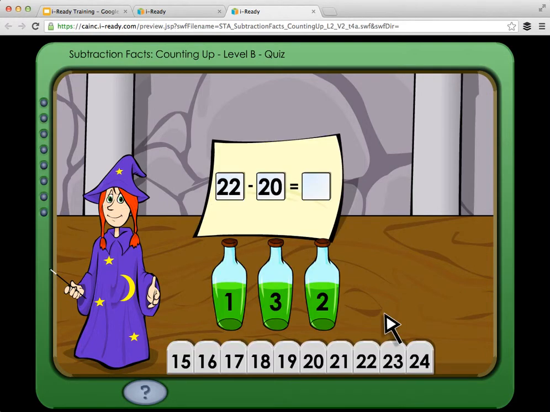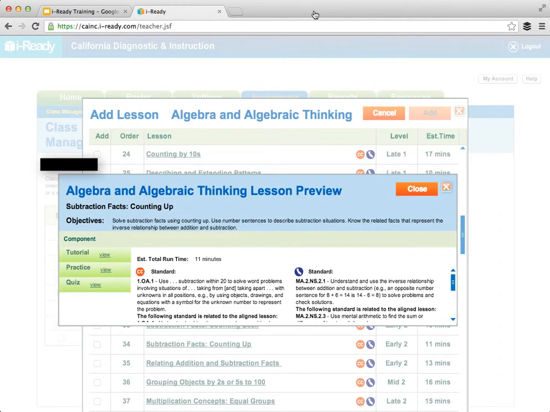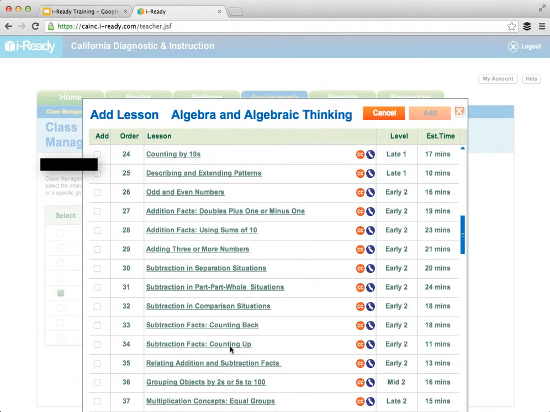So let's see. Okay. Oh, this actually does look pretty similar to what I'd like them to do. Now I have the sound turned off, but you can see how it's showing to count up from 20 to 22. This is actually what I'd like them to do, so that's great. I'm going to close this tab up here. And yes, this is the lesson I want them to do, so I'm going to close this and click the box next to counting up, and I will add it to